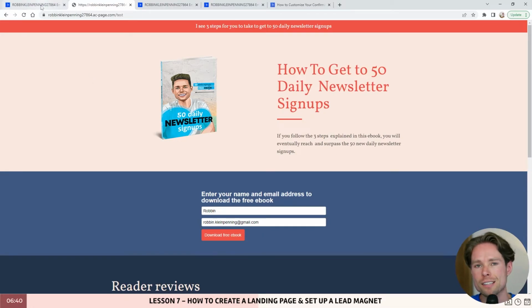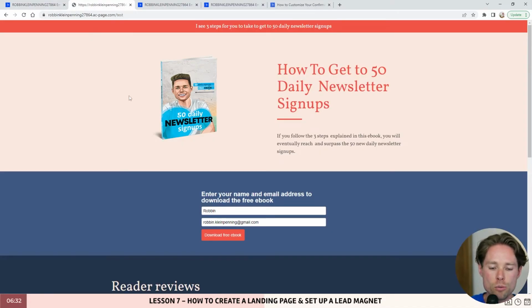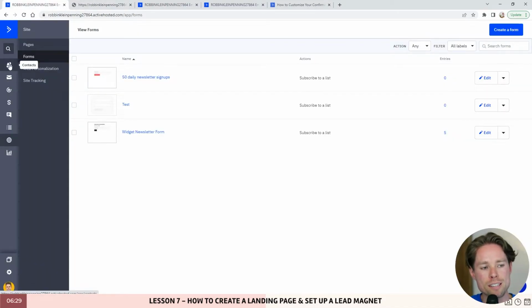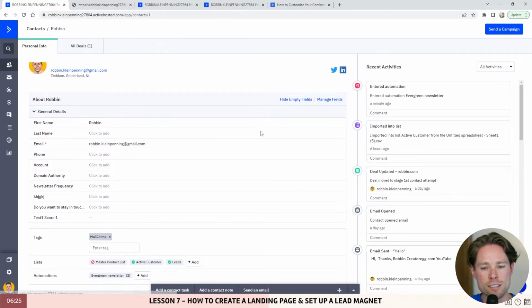So if you want to test the whole process, the full process, you first need to unsubscribe your email address, or maybe you have multiple email addresses. But if you want to test it with this email address, you need to unsubscribe that email address first. You're going to go to contacts, you're going to select that contact, and then you're going to